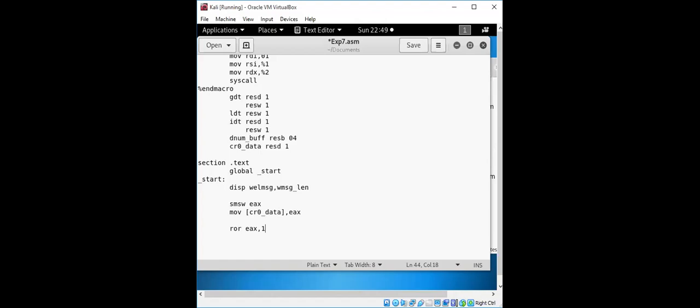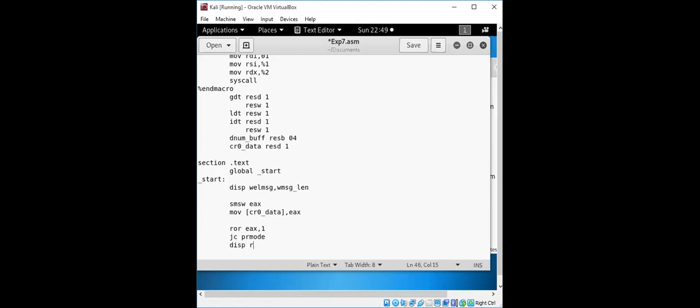It will check the P bit; if it is 1, we expect protected mode, else it is real mode. If it is protected mode, it is a procedure that we can call, and it will display the message.